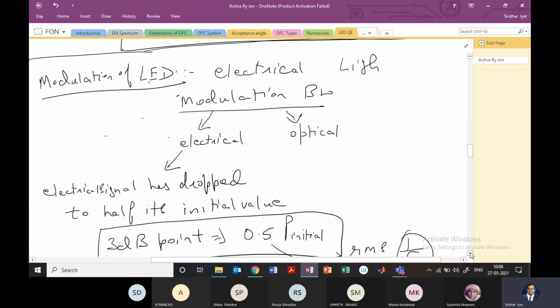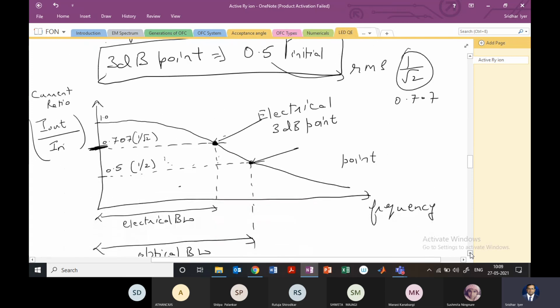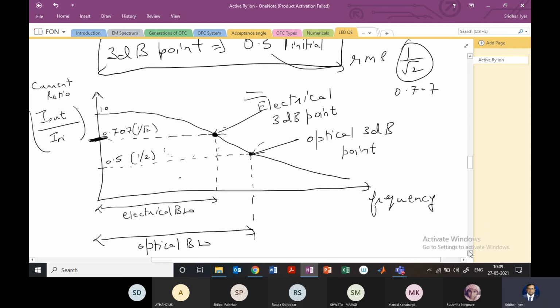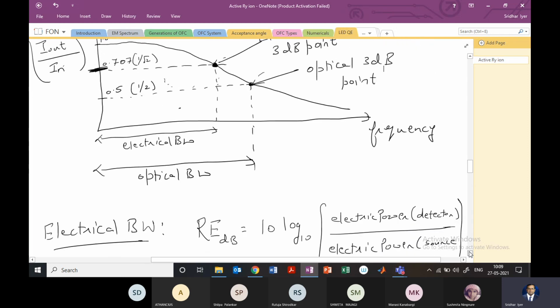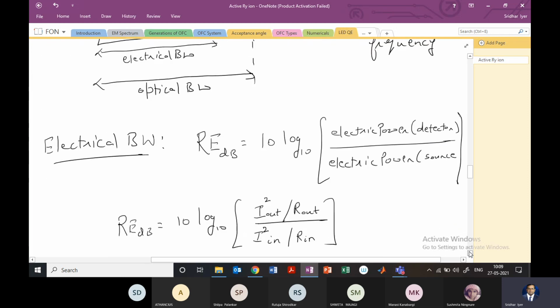We saw that the bandwidth can be expressed in the form of electrical bandwidth, which we have been doing till now, and it can also be expressed in the form of an optical bandwidth. And we saw the difference between the two. This graph really tells us the difference, where you can see the electrical 3 dB point here, and then the optical 3 dB point, and you can see the difference there. There is an increase in the optical bandwidth. So an optical bandwidth will always be much higher than the electrical bandwidth. That's why we wish to operate in the optical domain.